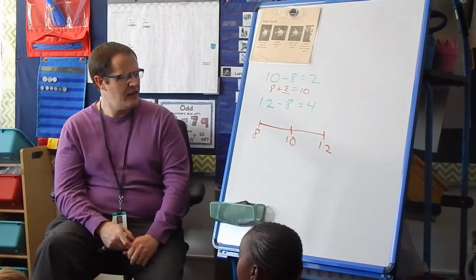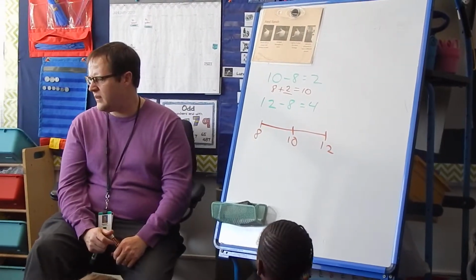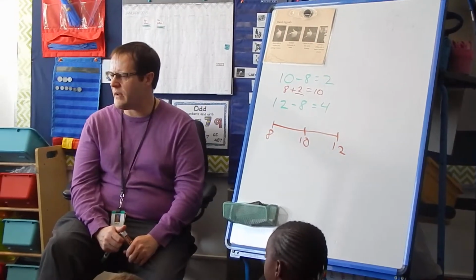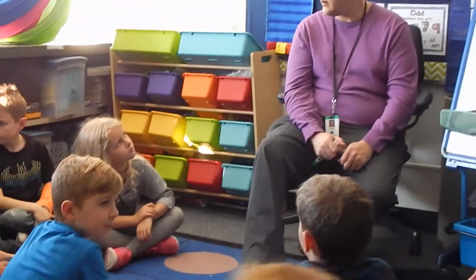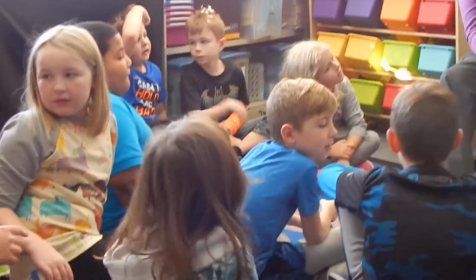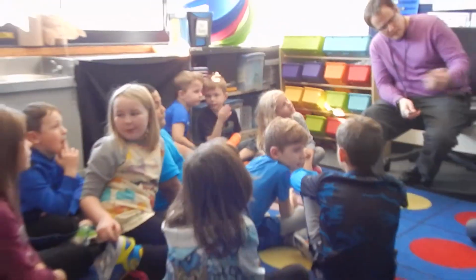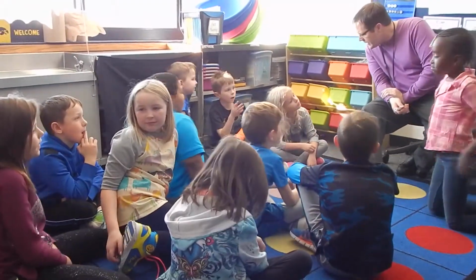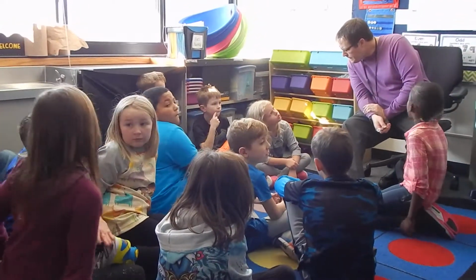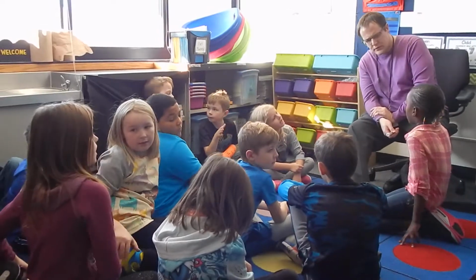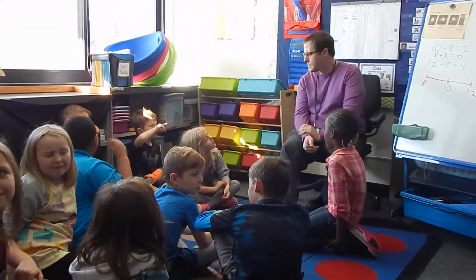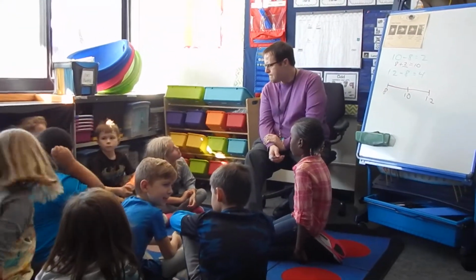Why do you think I labeled that with an 8, 10, and a 12? Turn and talk to someone around you and tell them why you think that. Why do you think I did 8, 10, and 12? Do you see jumps of 2 as well? So all you have to do is put 2 short lines in the question problem to make